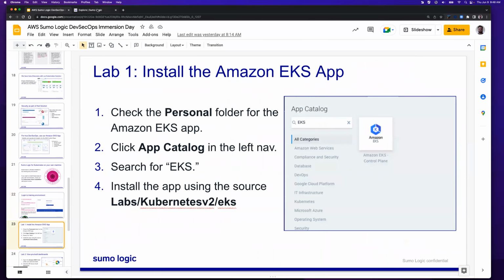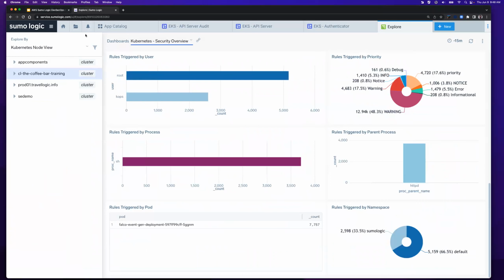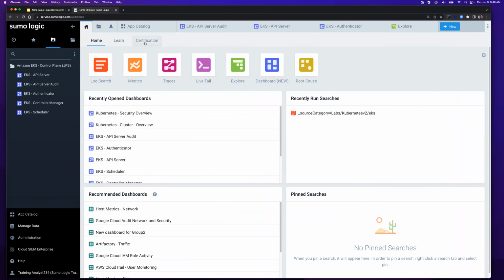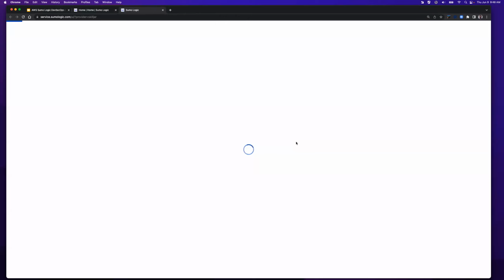The one other thing I did want to show, I alluded to earlier, is the self-paced course. Let me just show where they are, just because I'm a trainer and as a training manager, I'd feel negligent if I didn't show this. What you can do is you can go to certification and you can get certified. And we offer free certifications.